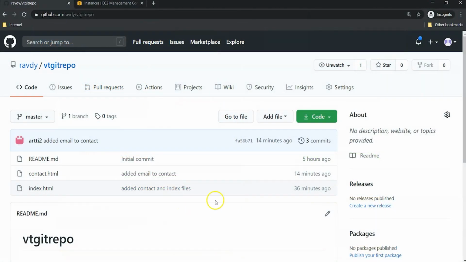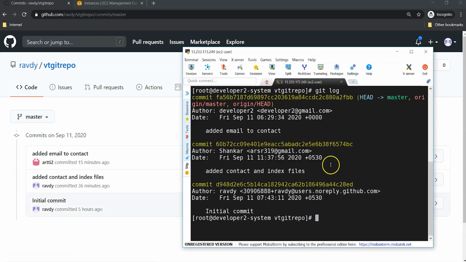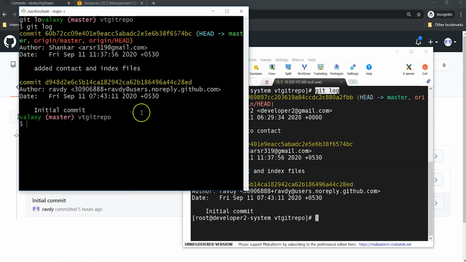To demonstrate this, I am taking the same repository. In this repository, we have 3 commits at this moment, and the same 3 commits are available in the developer2 system as well. I just executed the git log command and you can see 3 commits are there, and these commits are updated in our remote repository. And if I check the developer1 system, this is our developer1 system,